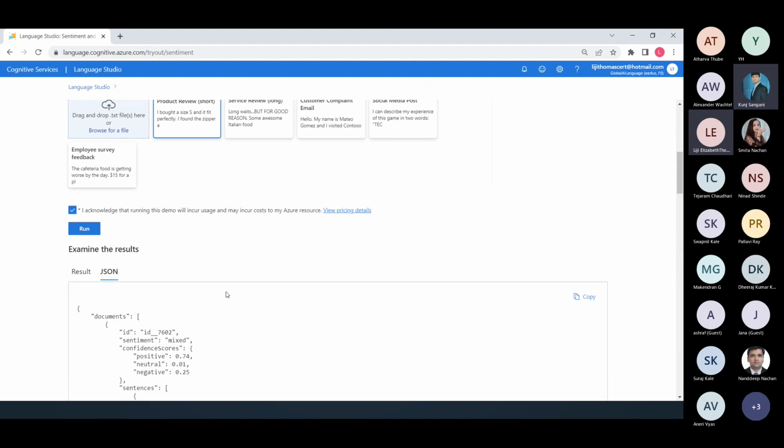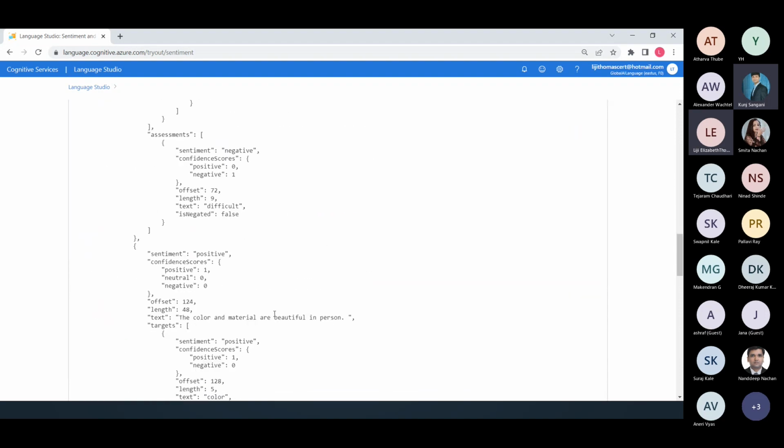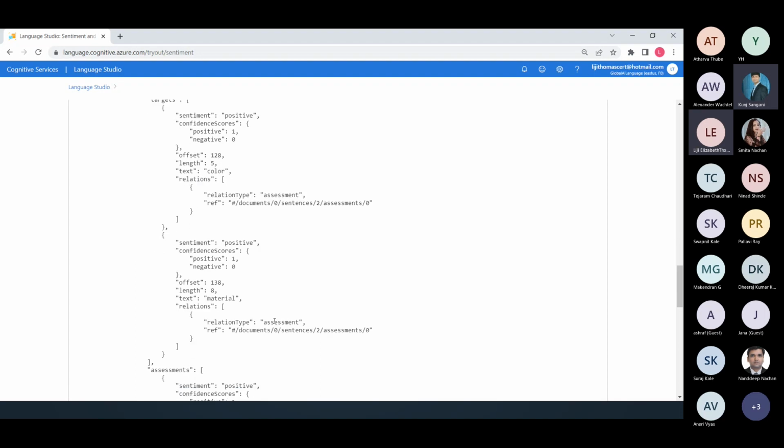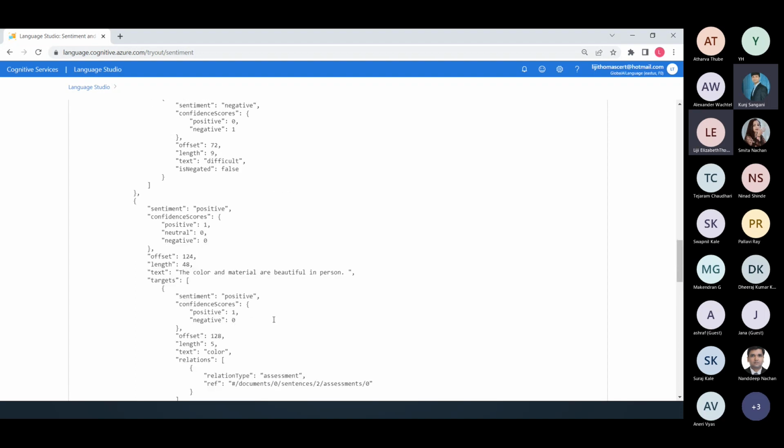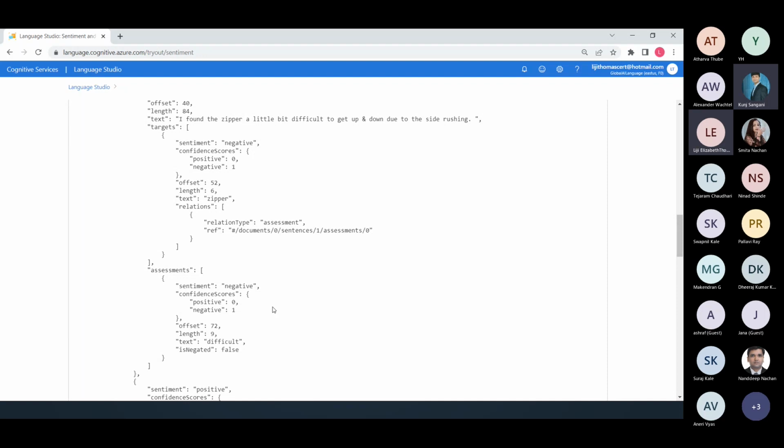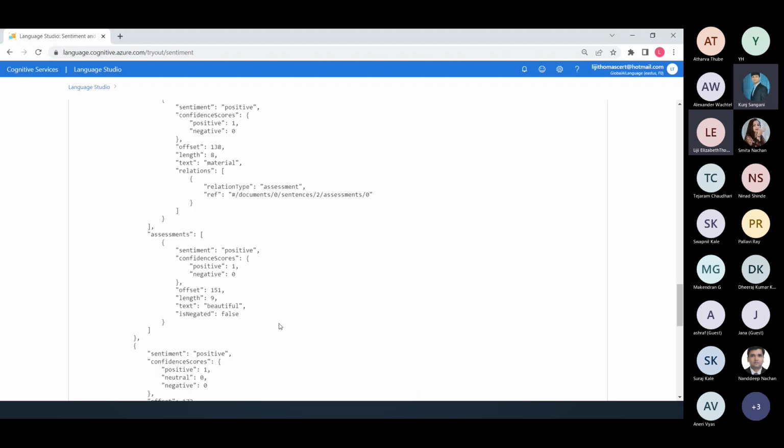If you look at the JSON response, you get that level of granular detail, and you can decide what you want to do with that. For example, in an HR scenario, where you are doing this for feedback responses or surveys, they now know specifically what the pain points are. They know exactly where their opportunities and challenges are, and where to focus their energies. In a customer service scenario, if you know exactly what the pain points are, you know how to market your strategy accordingly. So it's important to get that granular information in certain cases.